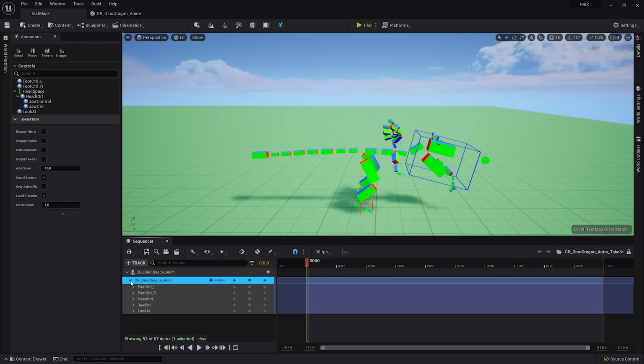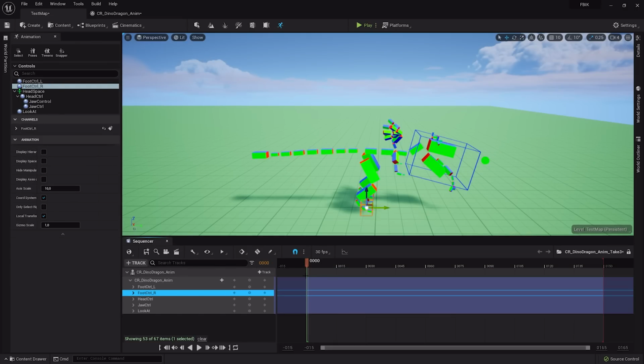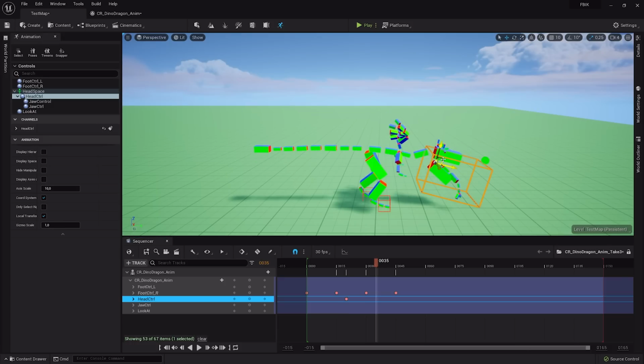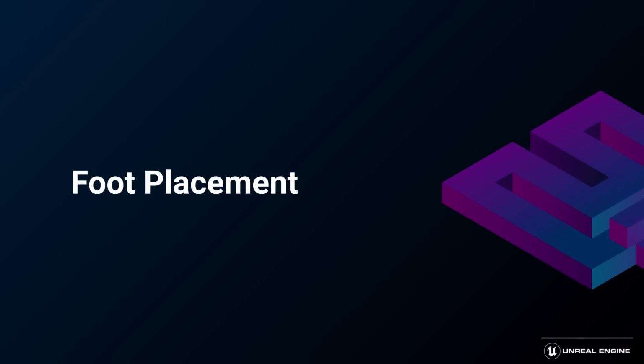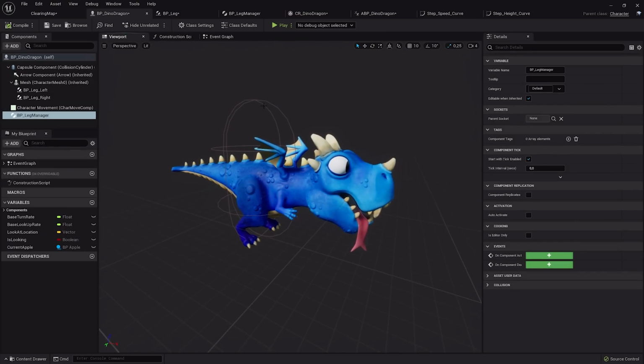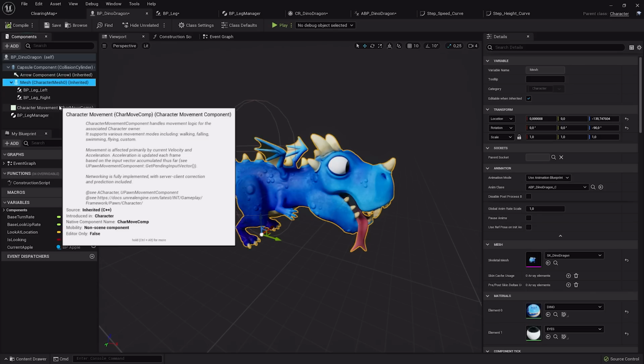But as I started my journey in rigging and animating only a year ago, I lack good animation skills. I wanted to try how far I can get with procedural animation, so now let's try to hook this control rig up with a character and add some logic for the foot placement. The character here is based on the character class that comes with the engine. It has a skeletal mesh and a movement component.